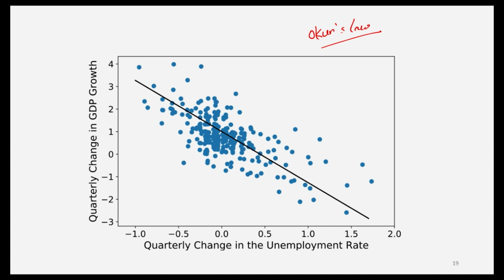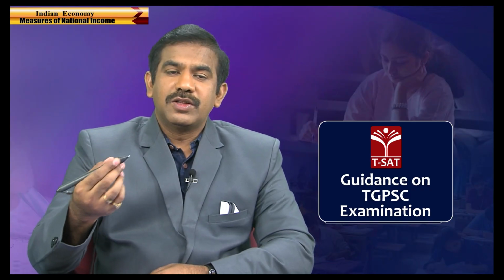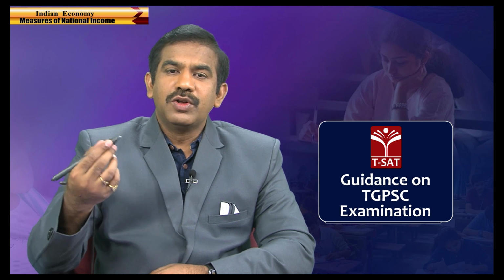Okun is an economist who established a relation between the unemployment rate in an economy and growth in an economy. So, according to him, whenever there is an increase in the unemployment rate by 1%, there is a fall. The economy might end up losing output, or growth, of approximately 2%. For every rise in the unemployment rate by 1%, the economy might experience a fall in growth by around 2%.